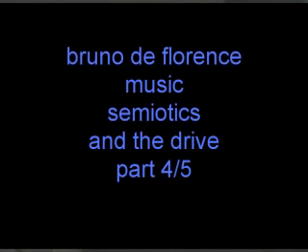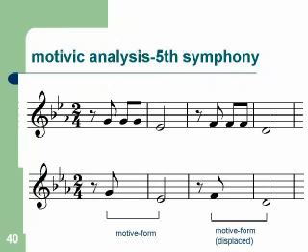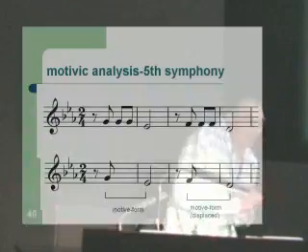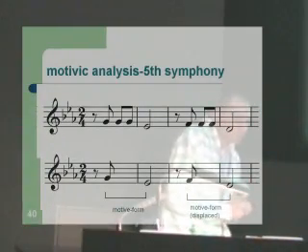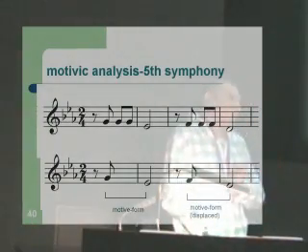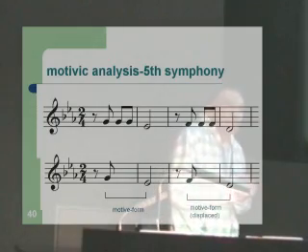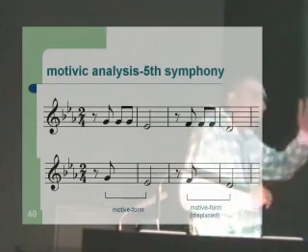Here is an example. This is Beethoven's first movement of his Fifth Symphony. And that's the very beginning. Ta-da-da-dum, ta-da-da-dum. Now, this is going to surprise you, but on the second scale, you will see what I call a motif form. And then next to it is a repetition of the same motif form, but a little bit